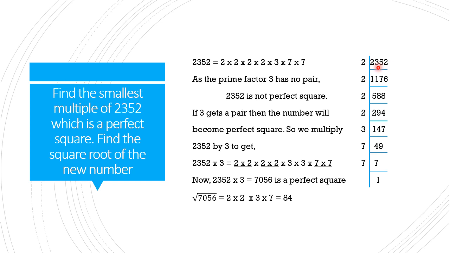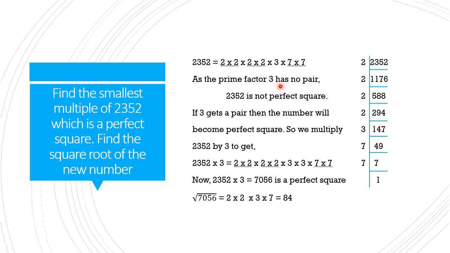So by doing prime factorization, we get 2352 is equal to 2 into 2 into 2 into 2 into 3 into 7 into 7. All these factors we are writing in a line using multiplication sign. Then we pair the factors. So 2 we have 4 times, so we got 2 pairs, and 3 we cannot make pair because it comes only one time, and 7 we got in pair. So since the factor 3 is not in pair, we say 2352 is not a perfect square.